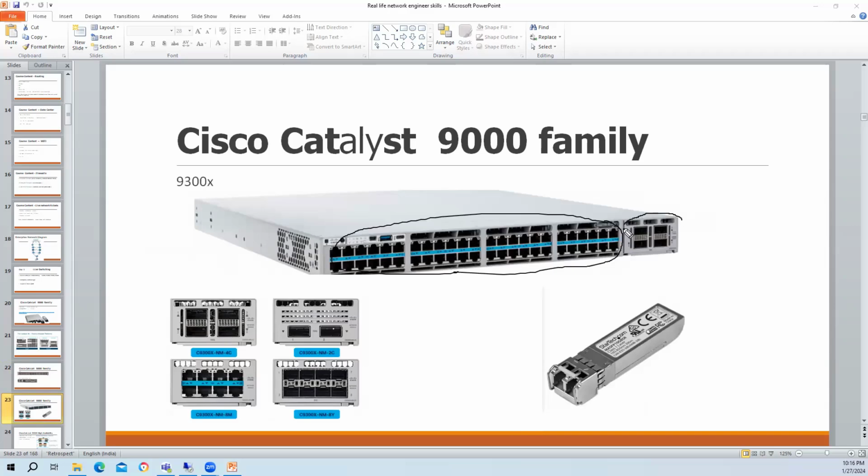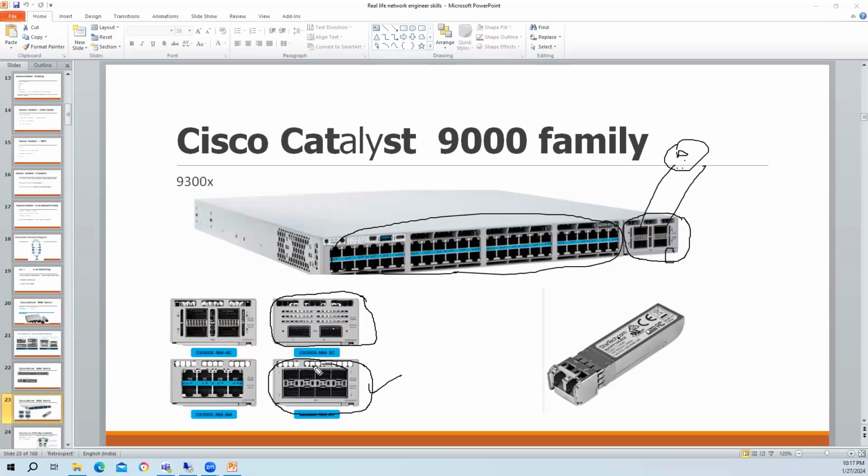And this is where we can insert the module. And this module is basically used for uplink. Depend करता है, if you need only 2 uplinks, maybe you will buy this module. Okay? And it's very easy to install this module. Okay, just ये आपको अगर यहाँ पे बटन दिख रहा है, if you click this, ये module बाहर आ जाएगा, यानी कि इसको आप बाहर निकाल सकते हो। And based on requirement, अगर आपको 10 GB के पोर्ट चाहिए, then you will buy this. Maybe let's say you have a switch, okay, and you want to connect this switch to the firewall, and the firewall supports only 10 GB, then in that case might be you will buy this module.